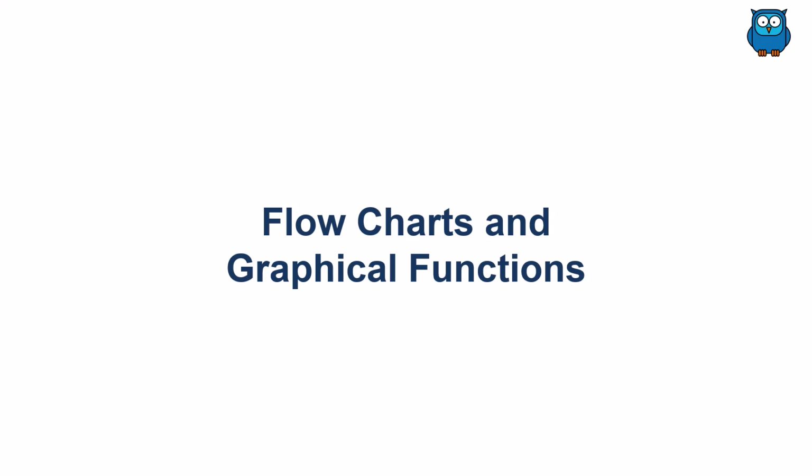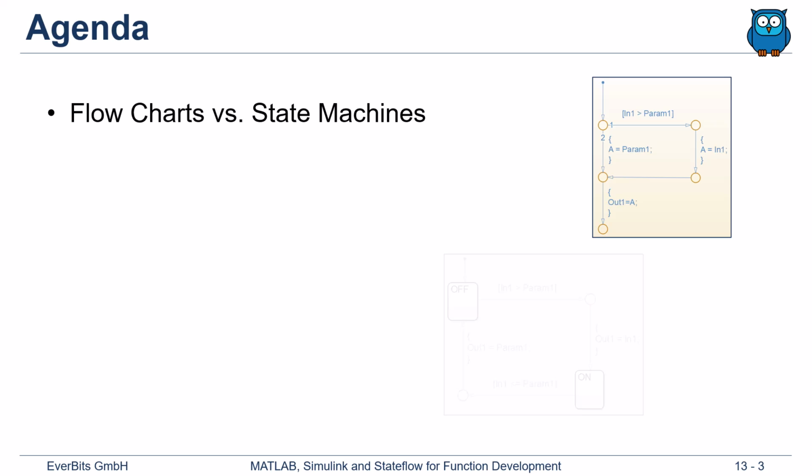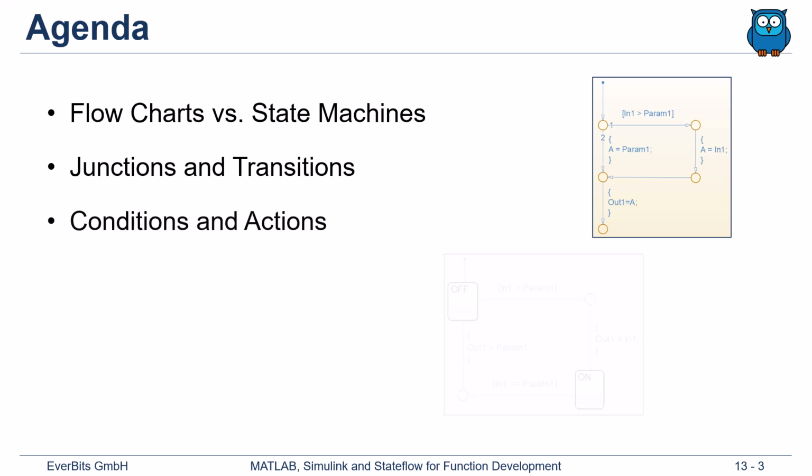In this chapter, we will discuss the flowcharts and the graphical functions in Stateflow. The first point on our agenda are the flowcharts, and we discuss the difference between flowcharts and the state machines. The junctions and transitions are the only objects that we will be using in the flowcharts. The conditions and the actions are